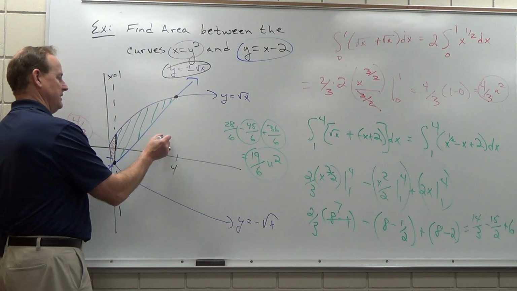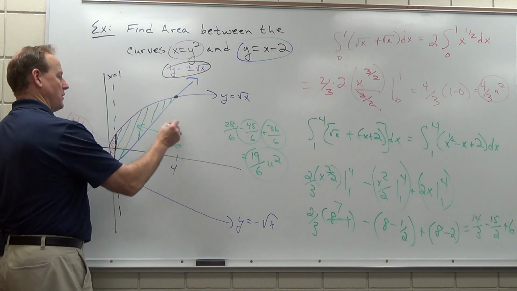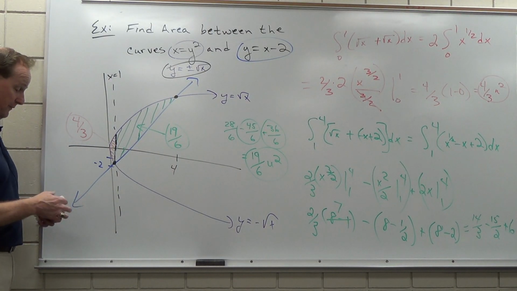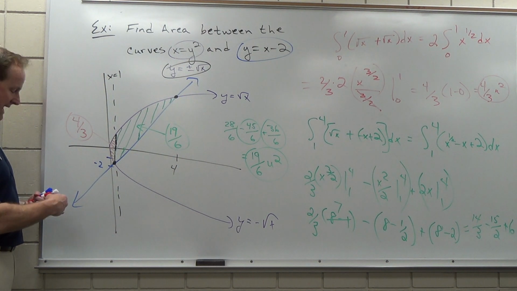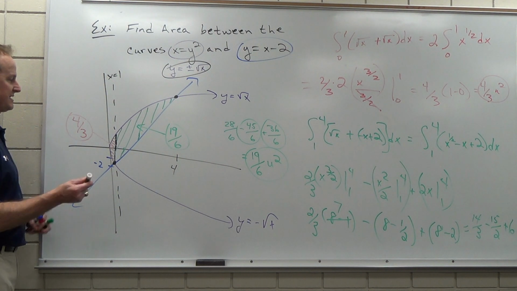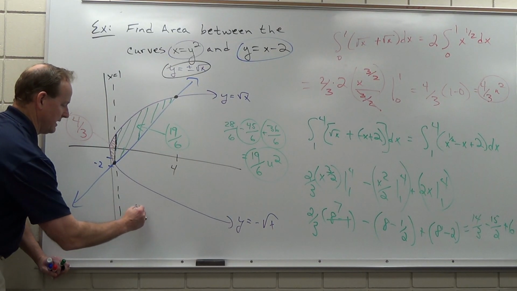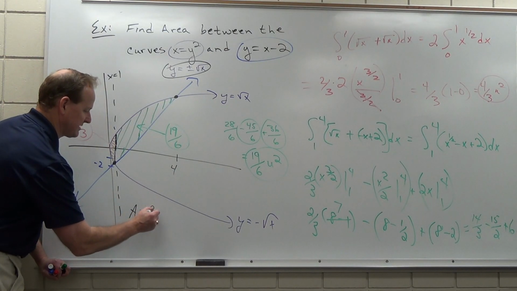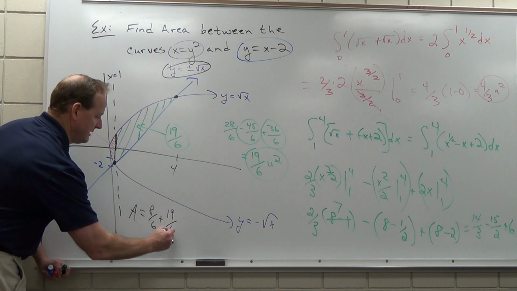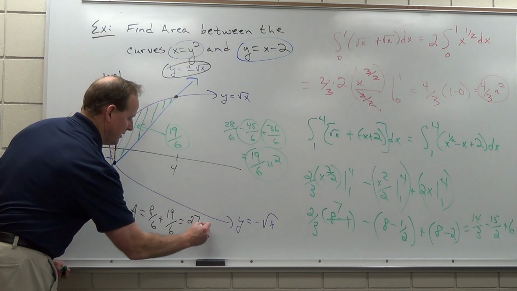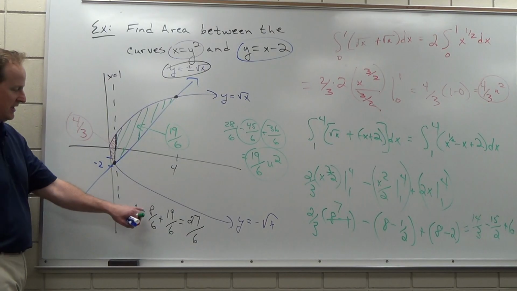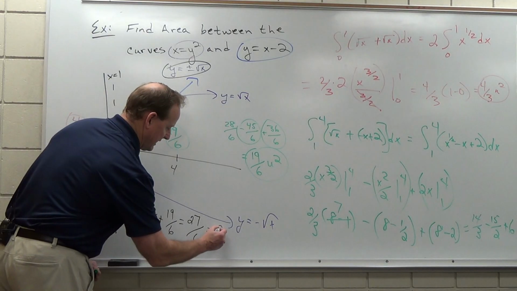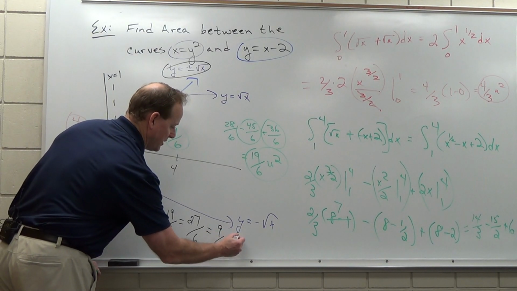That is the green area. Right here is going to be 19 sixths square units, and then the red area was 4 thirds square units. And if I want the total area of all of that, I'm just going to add it all up. And so 4 thirds plus 19 sixths. So the total area is the red area plus the green area. This, instead of 4 thirds, is 8 sixths plus 19 sixths is 27 over 6, and of course that reduces now, so even though that one didn't, these are both divisible by 3, so that's 9 halves square units, or